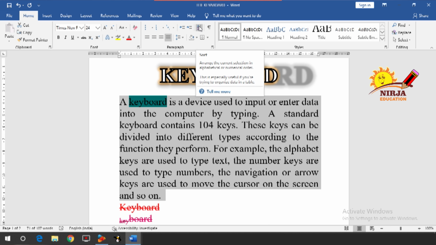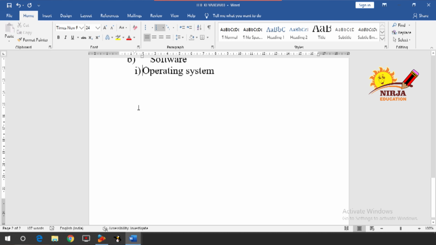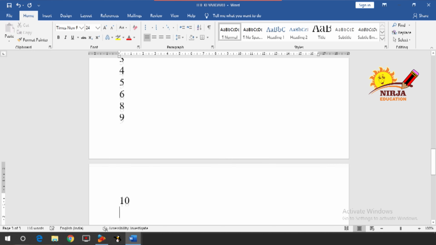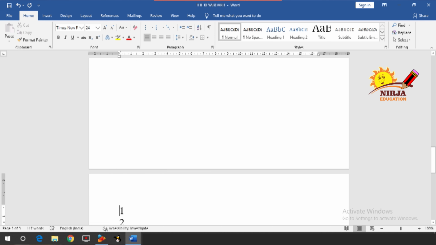Then the next is your sorting. Arrange the current selection in alphabetical or numeric order. So let's take an example of 1 to 10 numbers over here. So 1, 2, 3, 4, 5, 6, 8, 9, 10 and then 7 I am typing over here. Let's go to the next page so that you can have a clear idea.